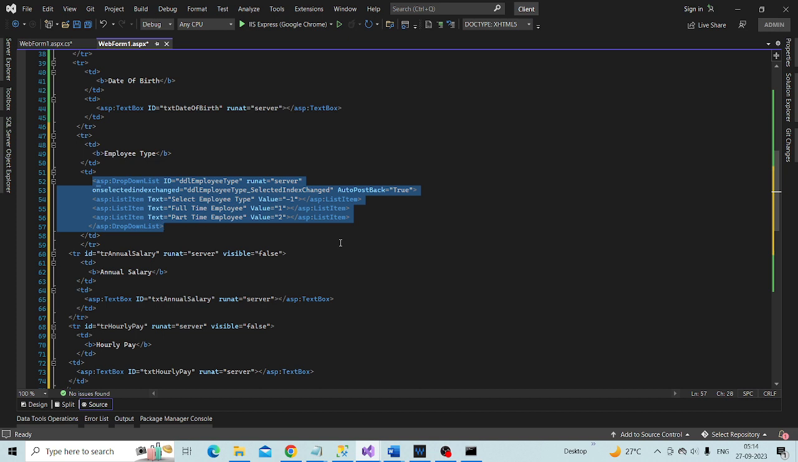Annual salary, look at this table, annual salary run at server. This is the table row. I have given an ID and run at server so that we can use that ID to dynamically hide and display. Initially, when the form first loads, we are setting the visibility of those rows to false. Okay, so that is straightforward. Drop down list, selected index change code there, and then